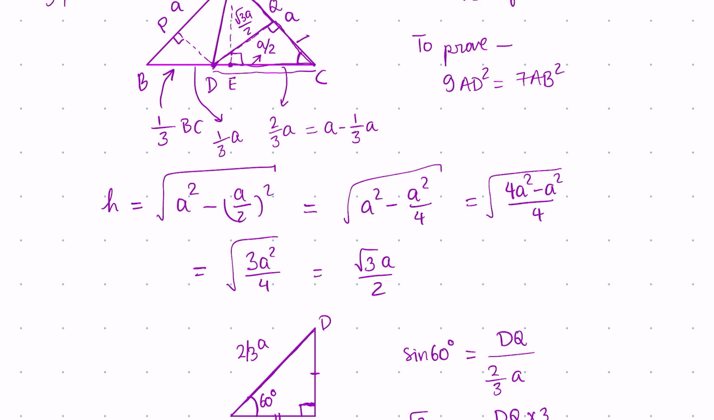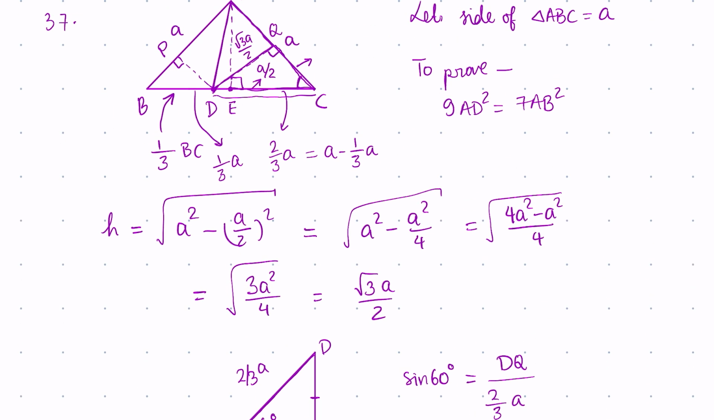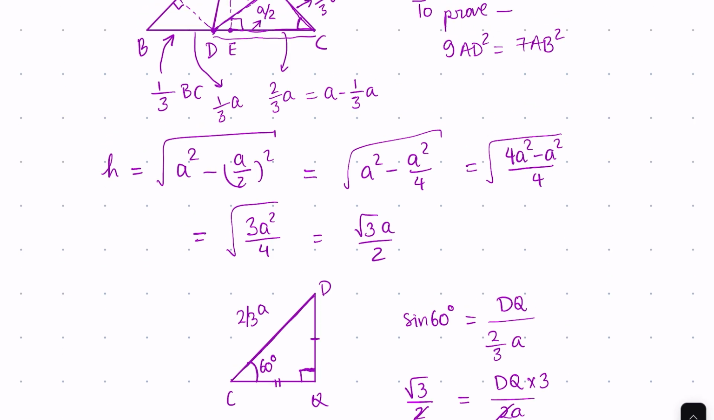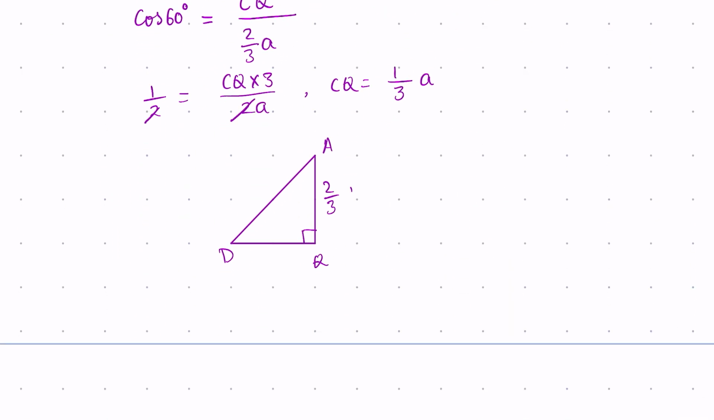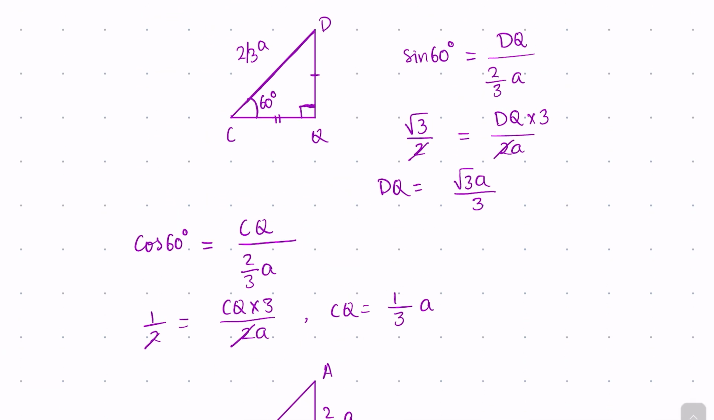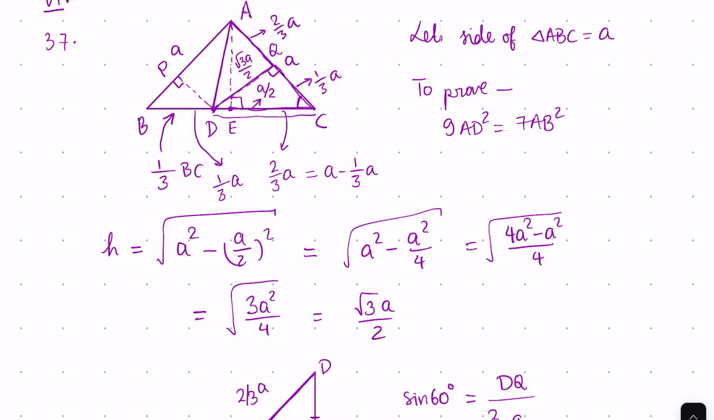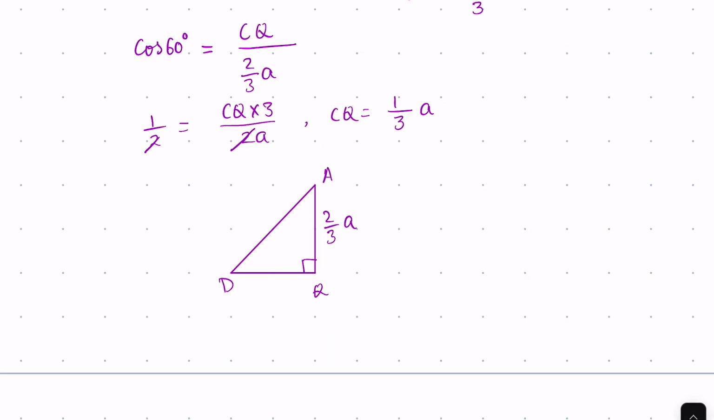This side we know, CQ is 1 by 3a, therefore AQ must be 2 by 3a, since the length of AC is a, so AQ is 2 by 3a, and we know DQ we found out here, so DQ is root 3 a by 3. Okay,